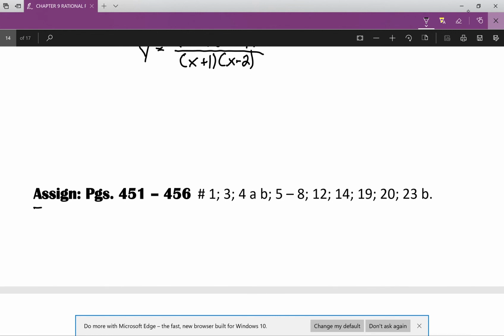Now, please give this homework a try for this question. And from here, we will move on to the third lesson in this